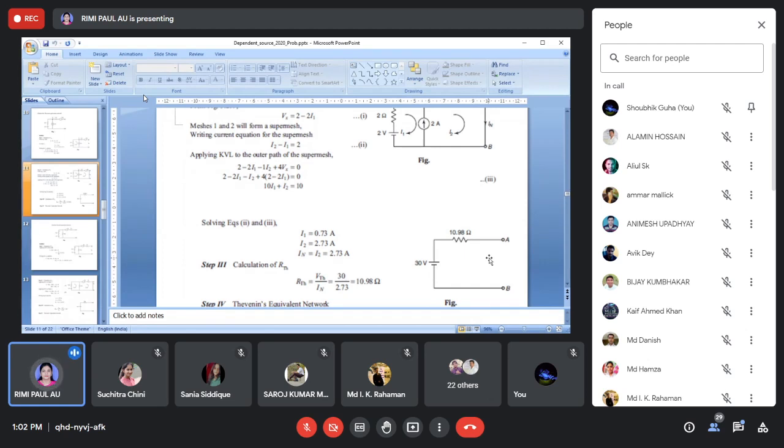Or if it is written to find Norton's equivalent circuit, then what will you write? What is the IN? IN is 2.73 ampere. So you have to draw a current source 2.73, parallel 10.98, parallel RL. If RL is given, then you draw the parallel RL and find IL. Or if you get Norton's equivalent circuit, you can also convert it into Thevenin's. If it is not required, because you already have Thevenin's equivalent network, you can easily find the load current, because ultimately you have to find the load current from a complex network.